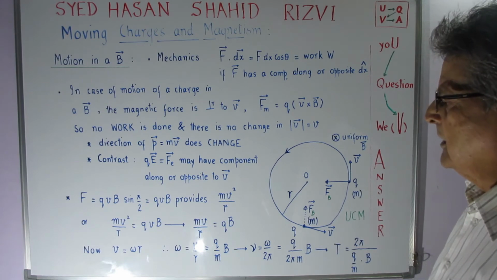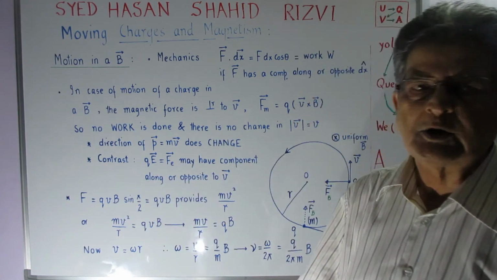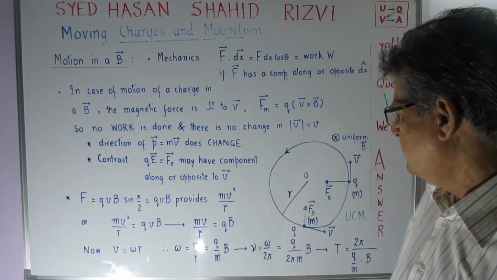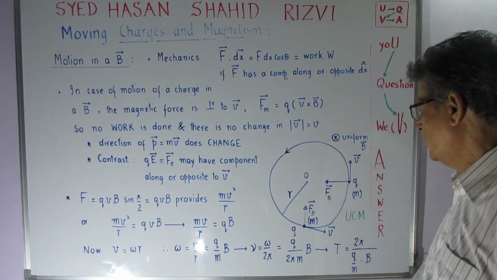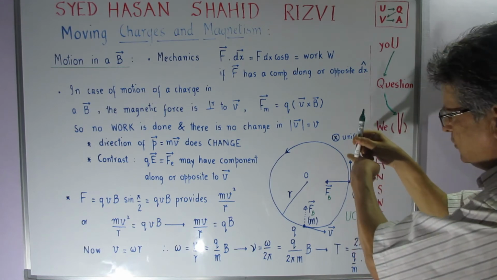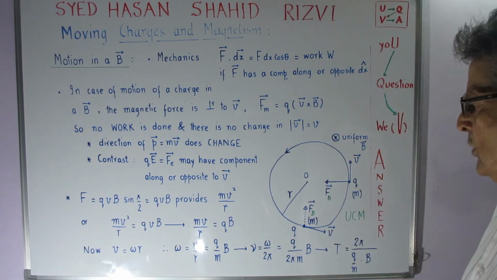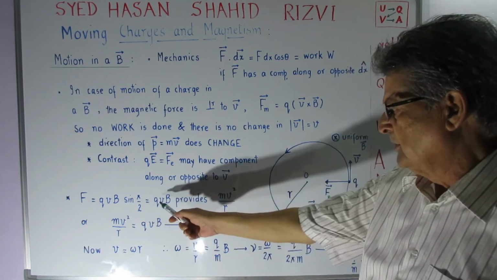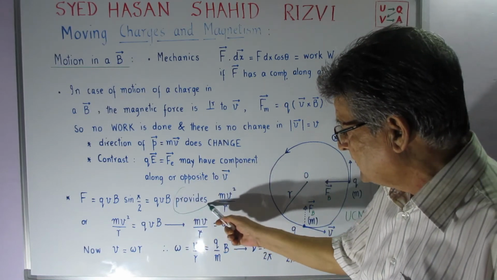Now this FB is equal to QVB sine of pi by 2, because V and B are perpendicular to each other. V is like this and B is into it. The two of them are perpendicular to each other. So sine of pi by 2 is equal to 1. So this becomes equal to QVB, and this provides